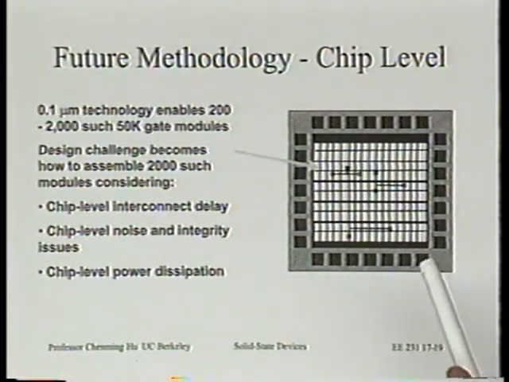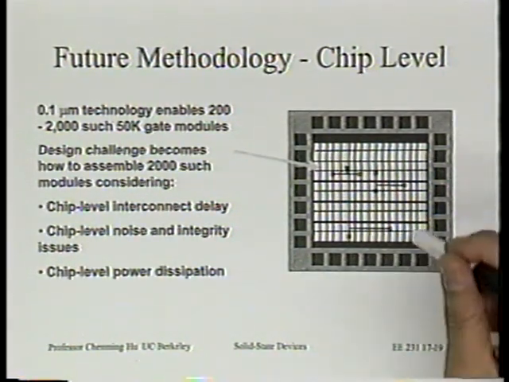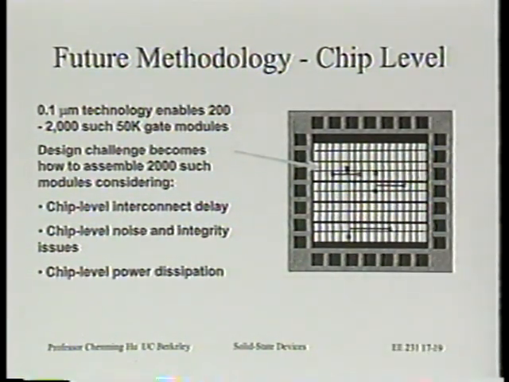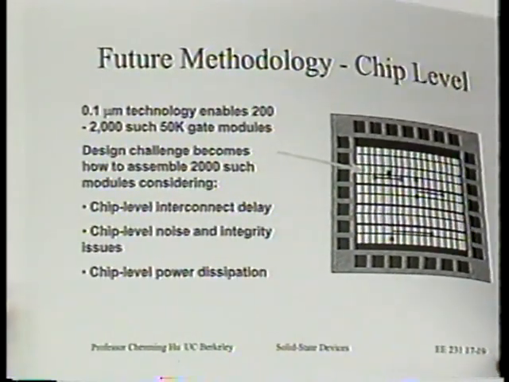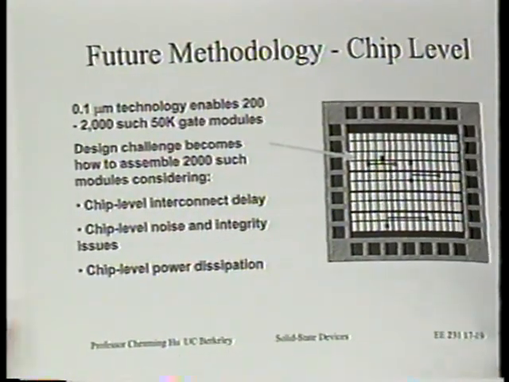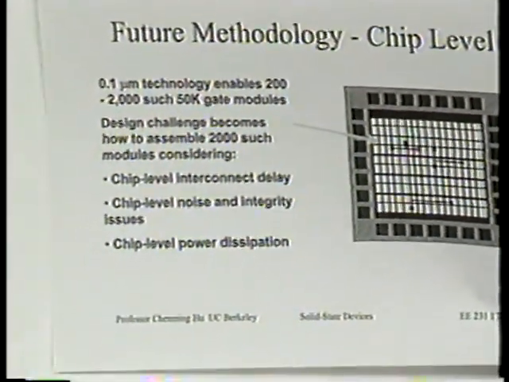But the problem is now simplified by many orders of magnitude because you only have maybe a few hundreds of blocks as versus billions of transistors. So the picture is considerably simplified. All right. So therefore, it's important to remember the interconnection between circuit blocks is going to be very important, and